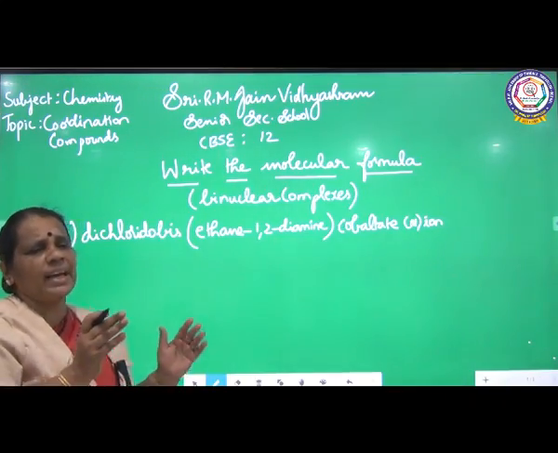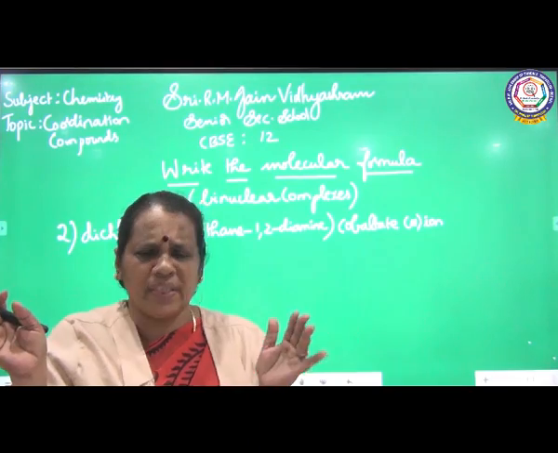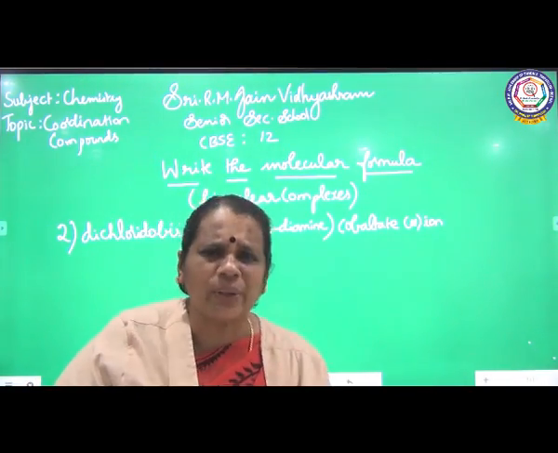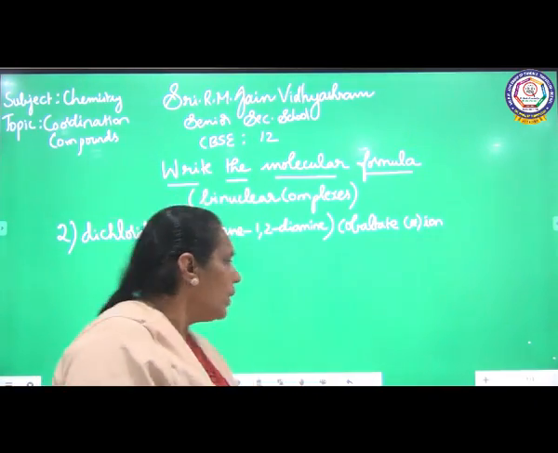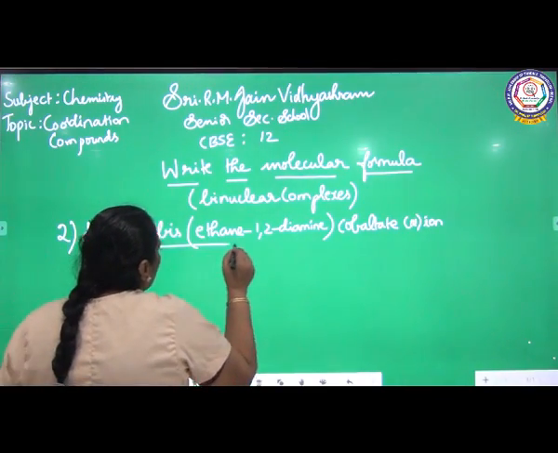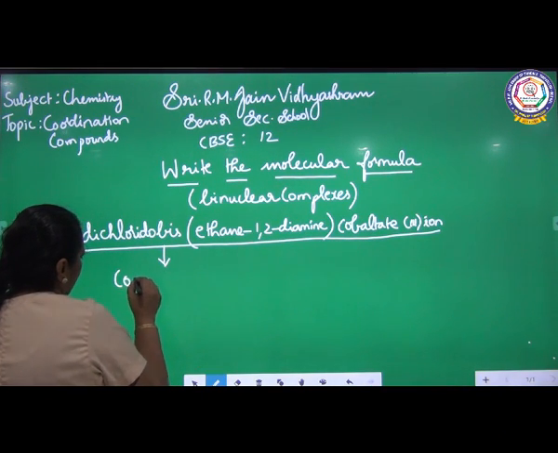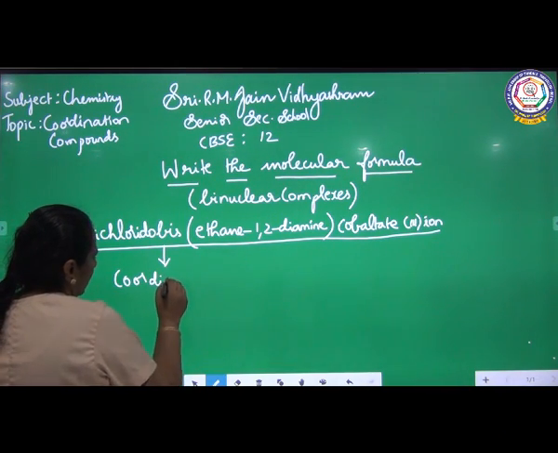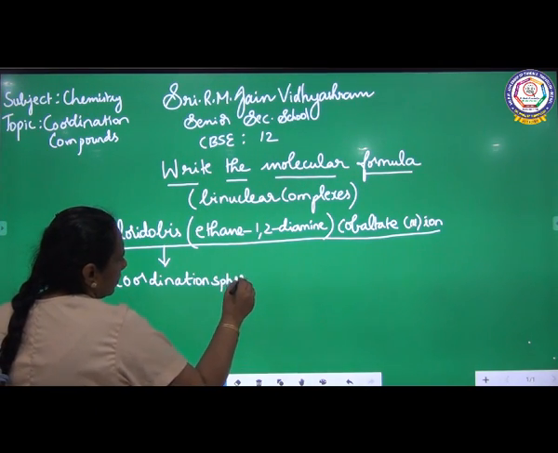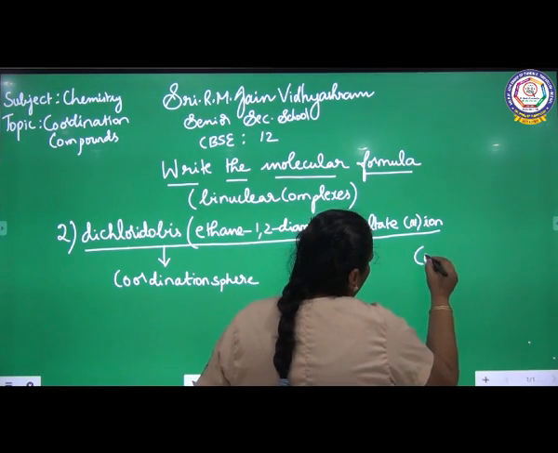So we are going to segregate now. If the compound is coming like this, we have to segregate the species in the compound. Already I have told you, there will be two different segregations: one is a counter ion, the other one is the coordination sphere. You see here, there is no counter ion. So all are coming under the coordination sphere. Counter ion is absent.